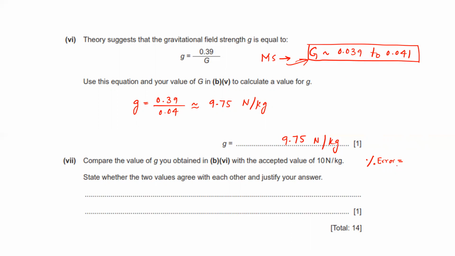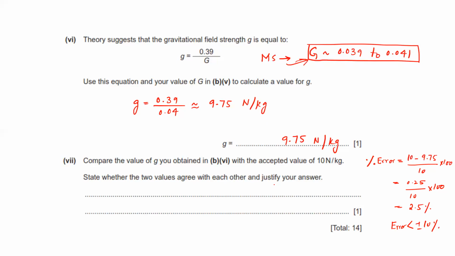So again, in this case, if I'm going to say calculate the percentage error, this is 10 minus 9.75 divided by 10 into 100. So my percentage error will be 0.25 divided by 10 into 100. So it comes out to be 2.5%. So the error is much less than plus minus 10%. So we are good, and we can say that